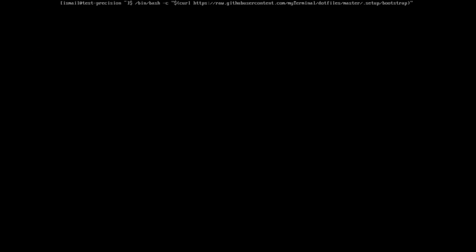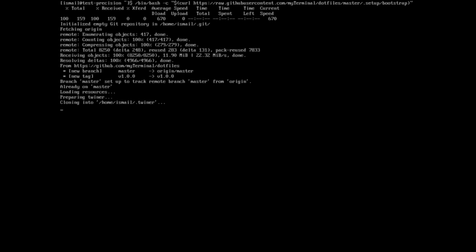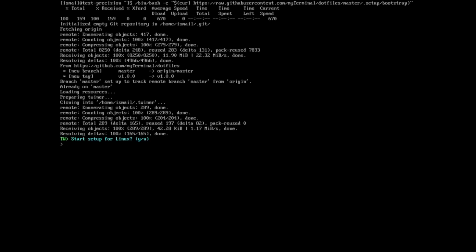So I start the process by typing it in the terminal and hitting enter. Apart from fetching Twiner and loading it as a dependency, the first step in my scripts is to detect the running operating system. As I've mentioned earlier, the setup at present only supports Arch and macOS. When either of them is found, scripts for the appropriate one are loaded and run. For this video, we'll only look at the sequence of steps for setting up my workstation on Arch.